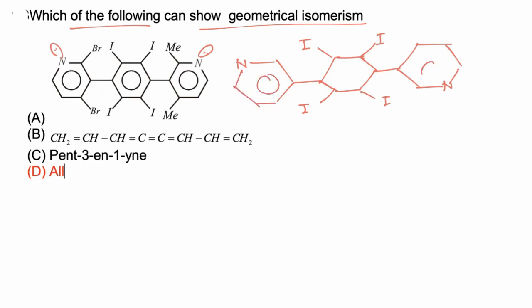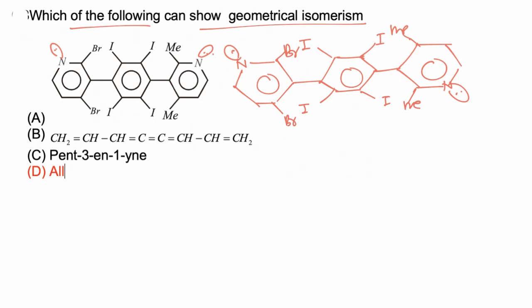In these two molecules, both nitrogen atoms are present in the same direction. In this one, the nitrogen atoms are present in opposite directions. Due to the presence of crowded atoms at the ortho position, rotation is restricted, so these molecules cannot be converted to one another at room temperature, and hence these both are geometrical isomers of each other.